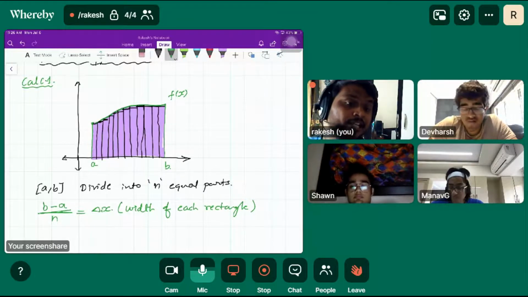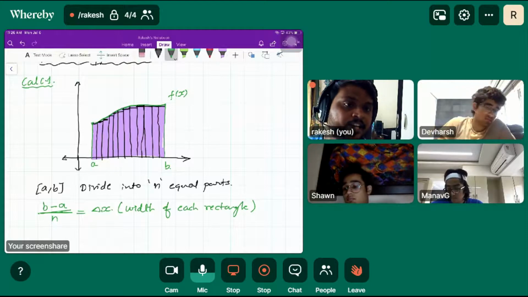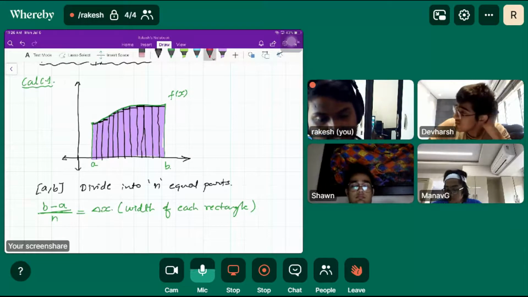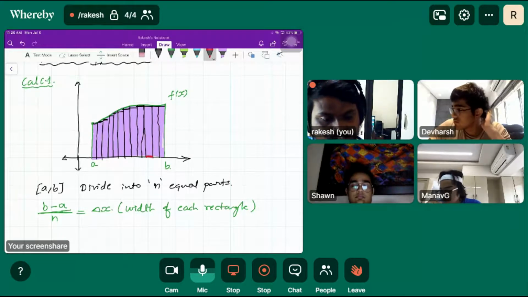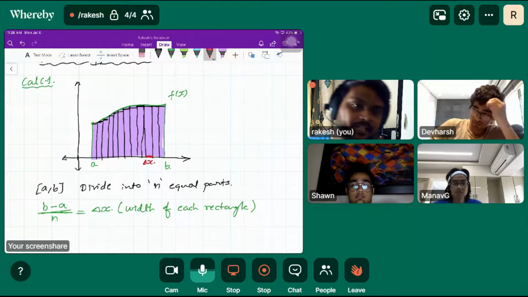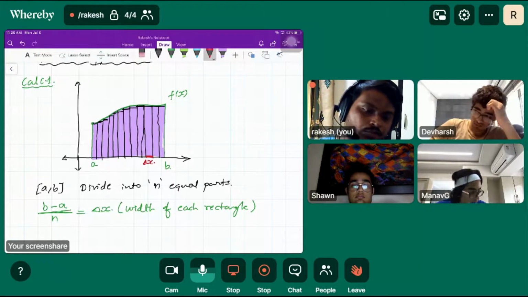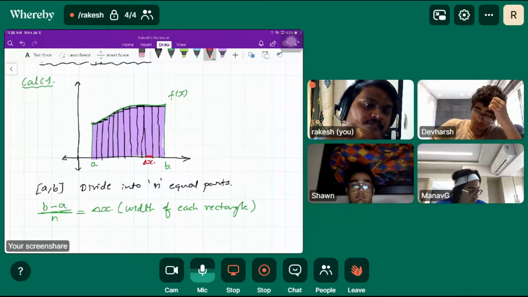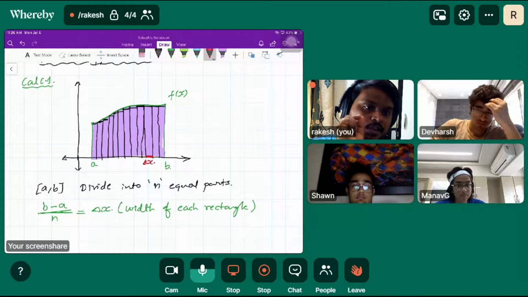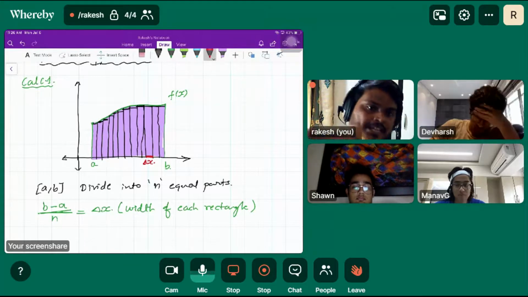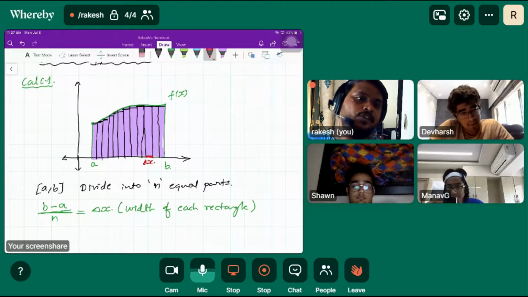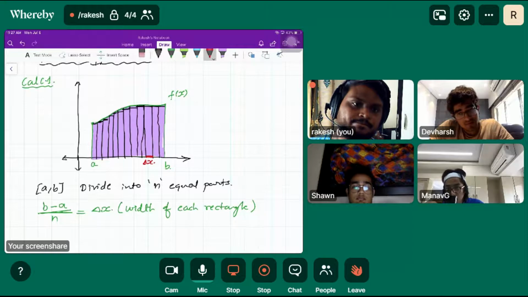If I say you can take any point, you can take any point between that width, right? Suppose this is the width, delta x, and each width is the same. You can take any point on this width. How many points are there on this width? Infinite points. So if you take any point on that width, you will get the same height, isn't it? Why are you worrying about the left end point or right end point? Yeah, makes sense.